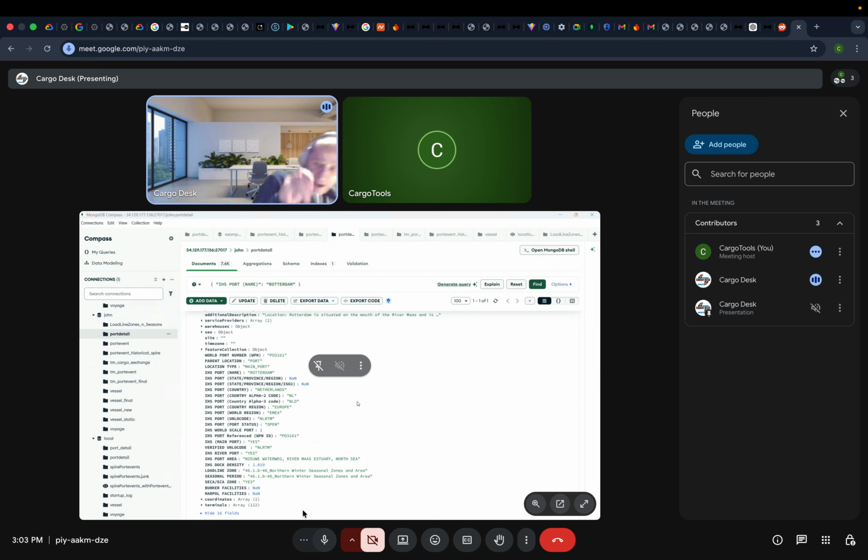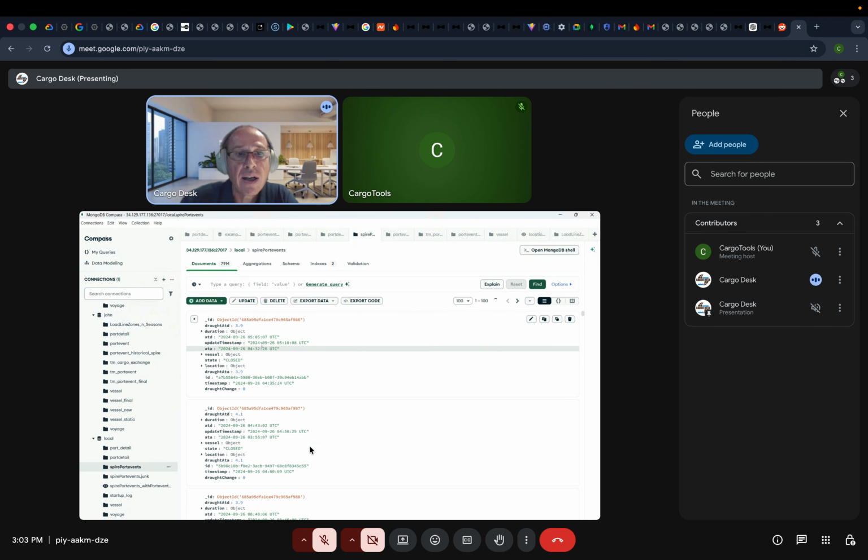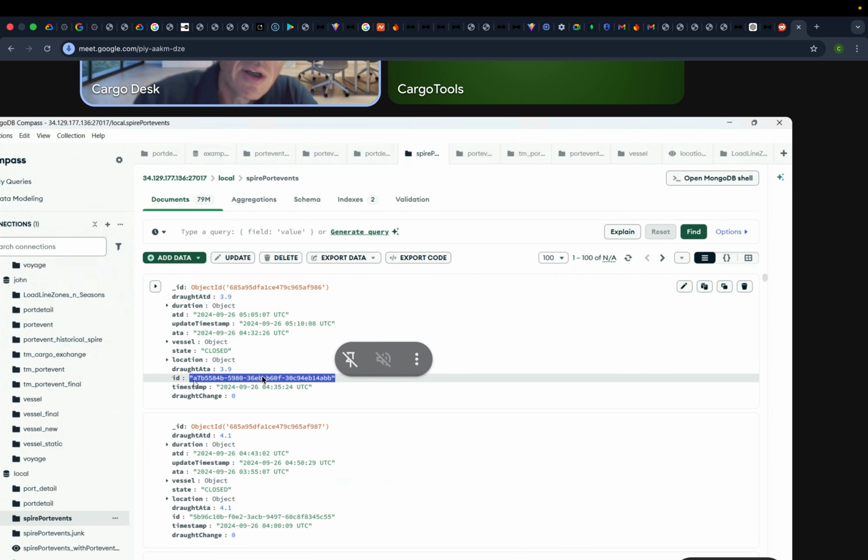And they have here, if you look here, ID, port event ID. And that ID, I think it's that ID that's been created from Mongo. This is the ID which will be from